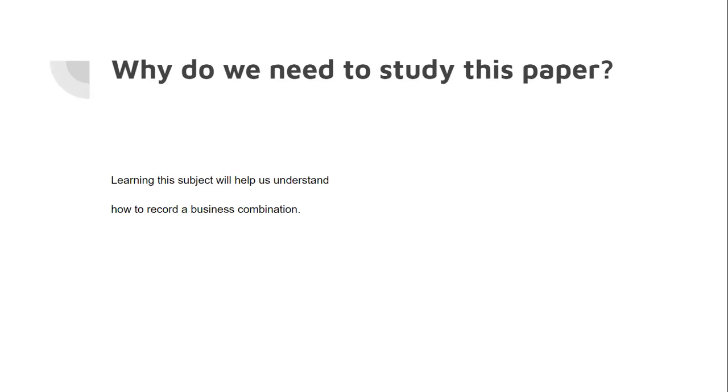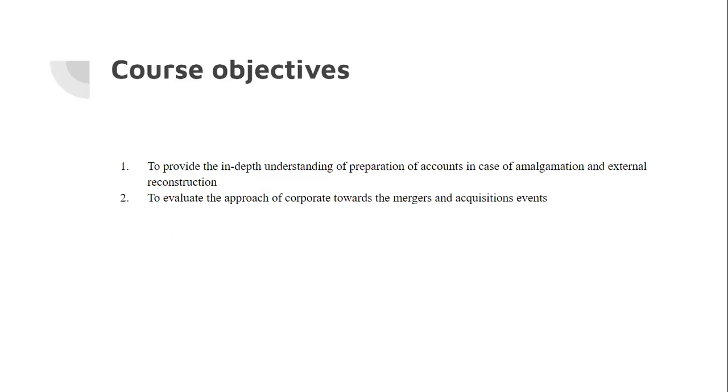Now that takes us to our second question. What do you mean by business combinations? Well, in simple terms, business combination means when two separate entities come together as one. Okay, but this term business combination has been defined more clearly in IFRS 3, the standard that we will be studying in the forthcoming units. So for now, at a very superficial level, it's enough for us to understand that business combination is when two different business entities come together, whether in the form of a merger or an acquisition or any other form of combination.